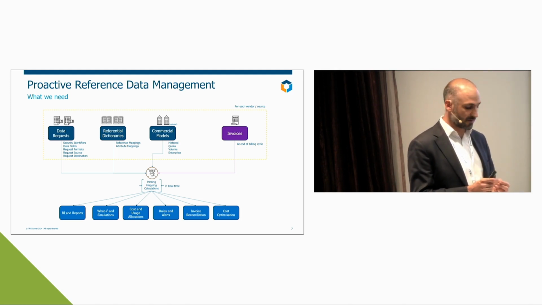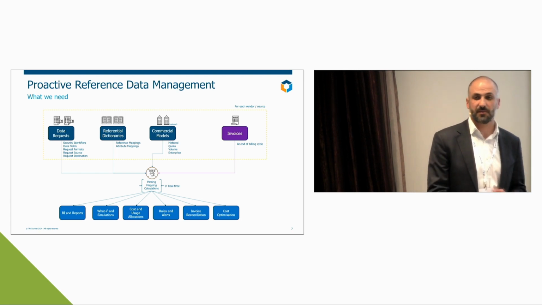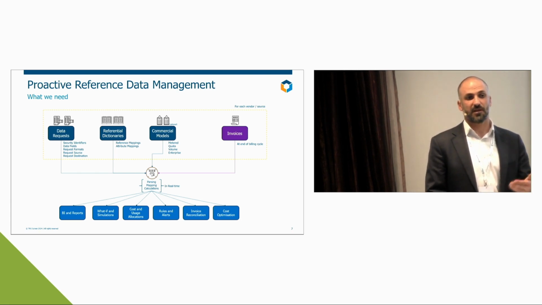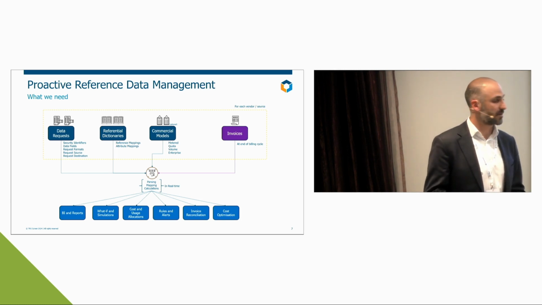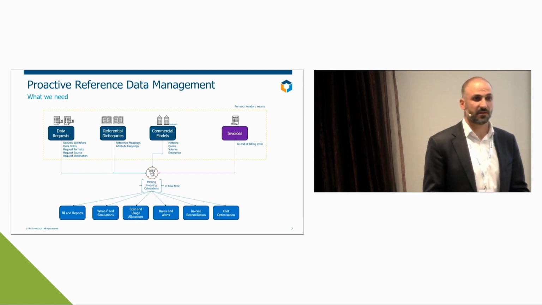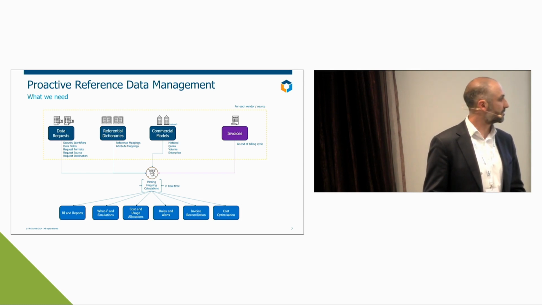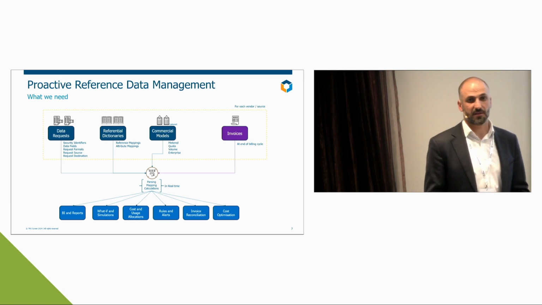Reconciling invoices is also very important. Coming back to the point of accountability earlier, if we get an invoice, how can we be sure that that number in the invoice matches our usage? This is what we call invoice reconciliation. It is an important part to do. It is important to validate that we are on the same understanding as our sources of data. And of course, cost optimization is, yeah?